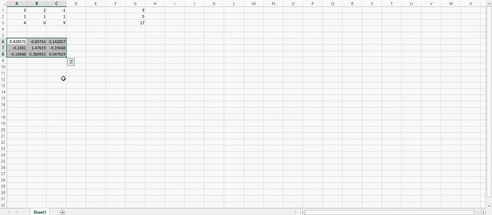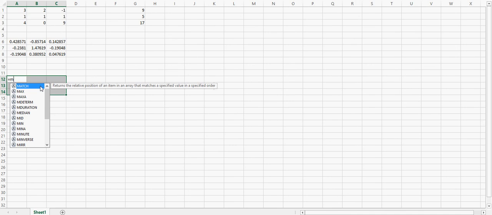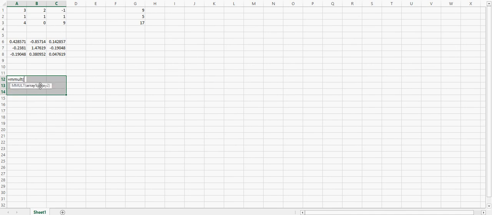I can check and see if that's correct by pre-multiplying this inverse by the original matrix, and I should get the identity matrix: 1, 0, 0, 0, 1, 0, and then 0, 0, 1. Let's come down here in A12. I'll highlight a 3x3 matrix. Now again, I'm going to hit equal, and I'm going to use the multiply, MMULT operator, open parenthesis, and now